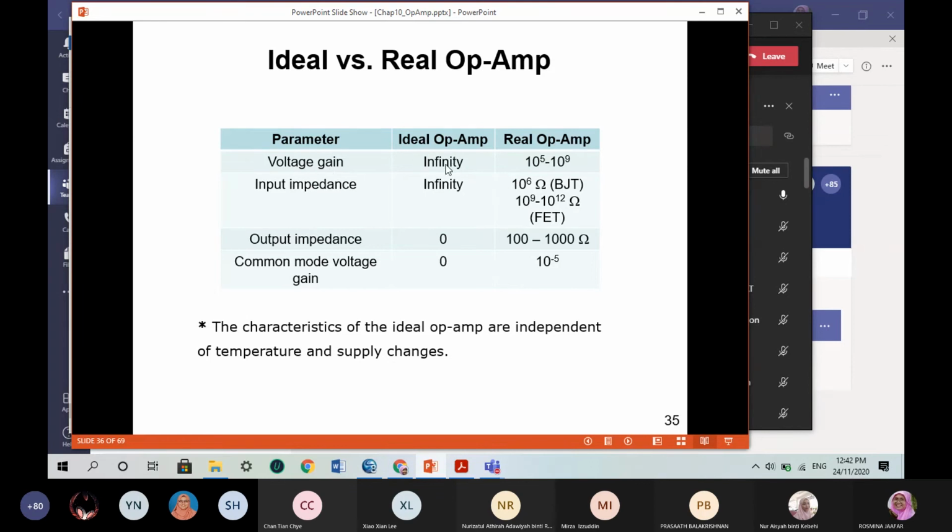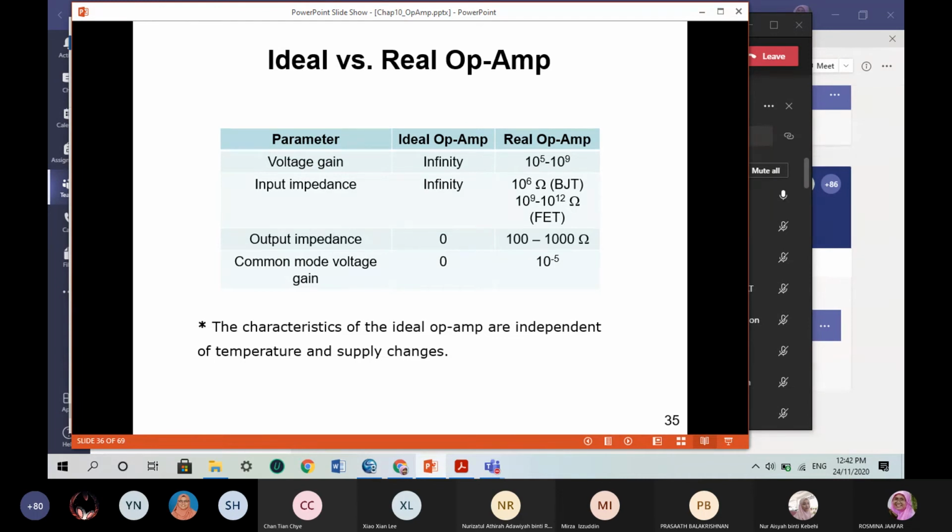In the ideal situation, we have infinite gain, infinite input impedance, very low or zero output impedance, and zero common mode gain. But in reality, because of the BJT and MOSFET transistors within the op-amp, it restricts the infinite